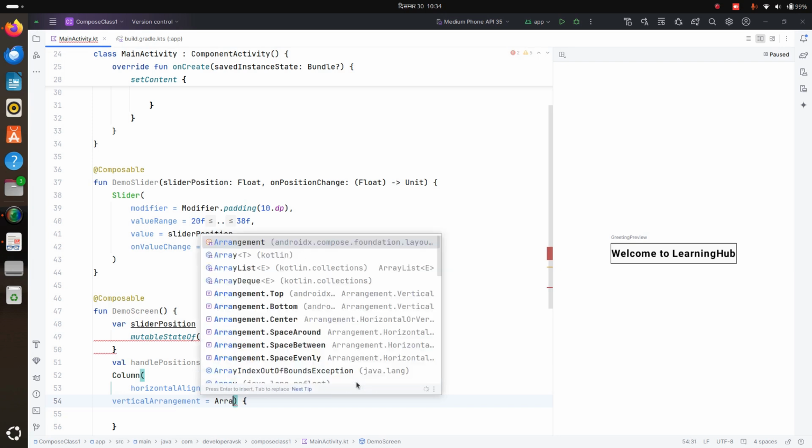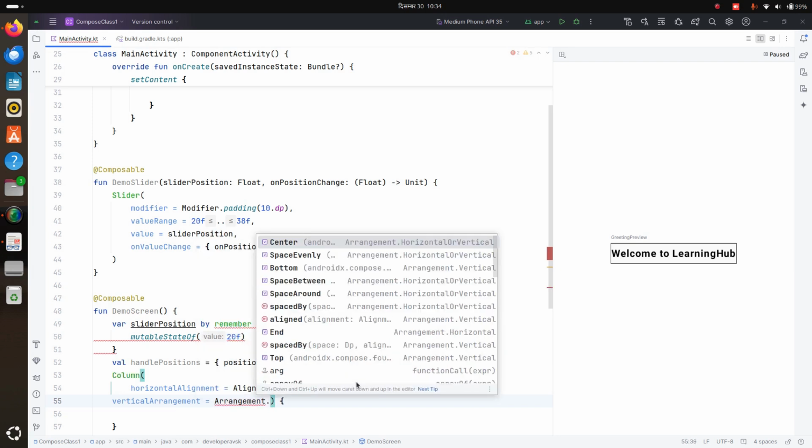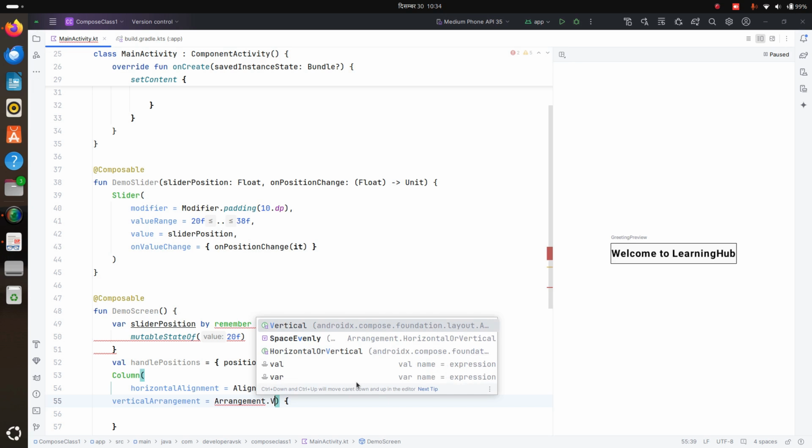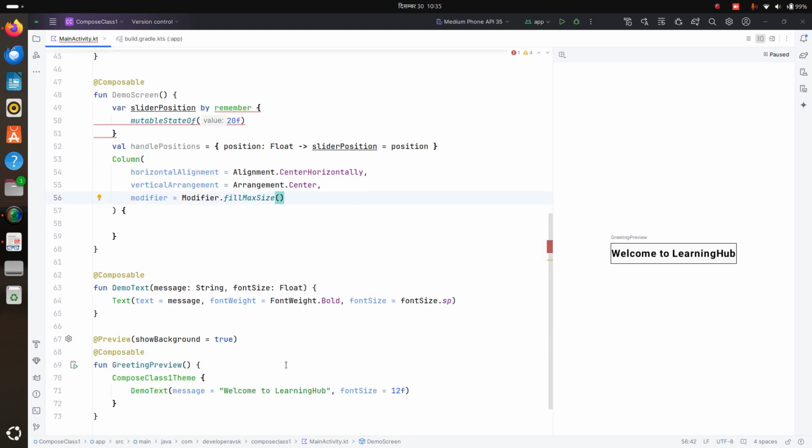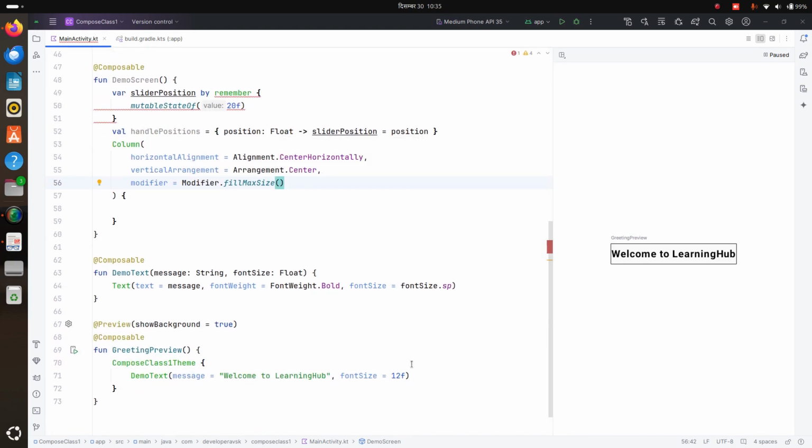This will have Arrangement.Center, and we'll also keep a modifier, Modifier.fillMaxSize, in order to place it in the entire screen here. Now if I put my DemoScreen in my preview,